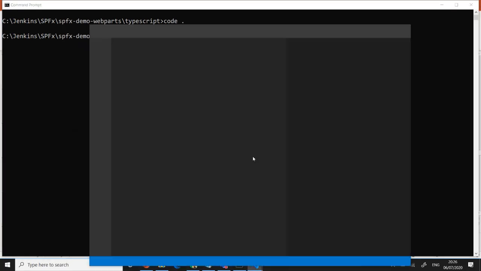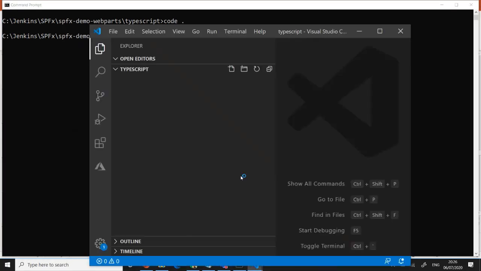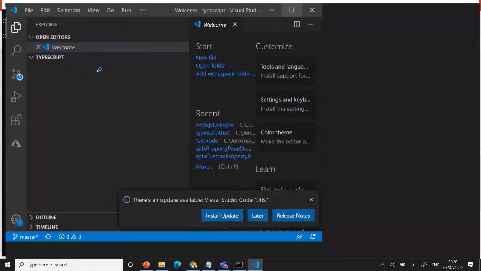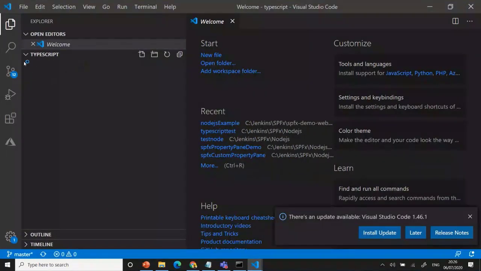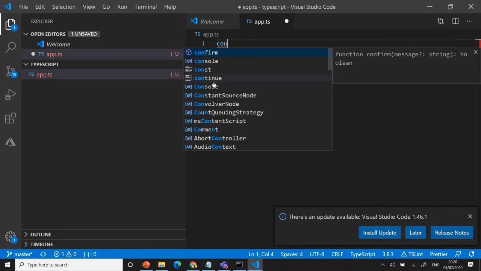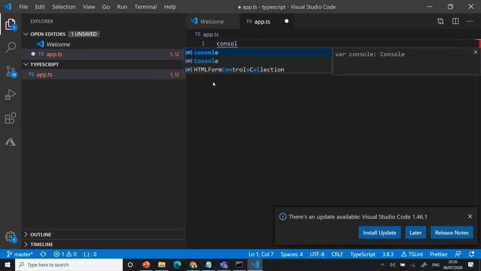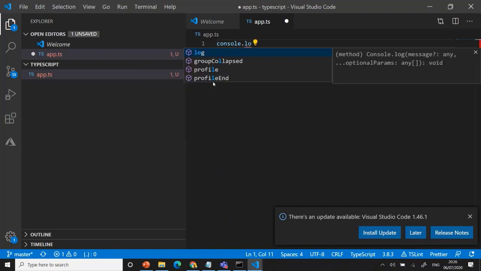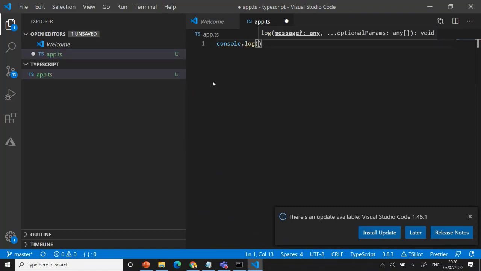I'm going to Visual Studio Code. I'm not getting any value right here. Here also the same way, but the only difference is I'm going to create, for example, app.ts. Okay, it's a TypeScript file. Whatever things you want to write, same like JavaScript, you can write it. For example, console.log, welcome to TypeScript. You can say that if you want.